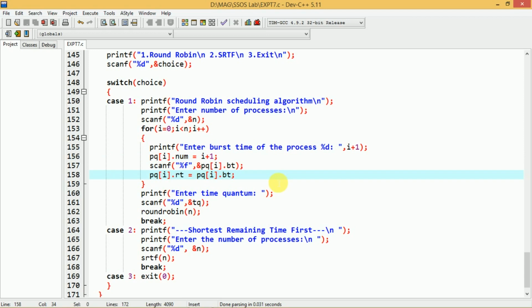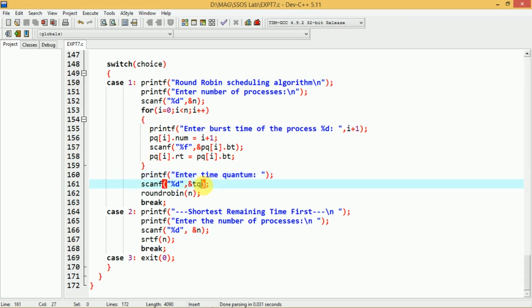After this, we need one more piece of information. Here we'll read the quantum time. To read this, we have printf "Enter the time quantum", and scanf "%d", &tq. Here tq stands for time quantum.